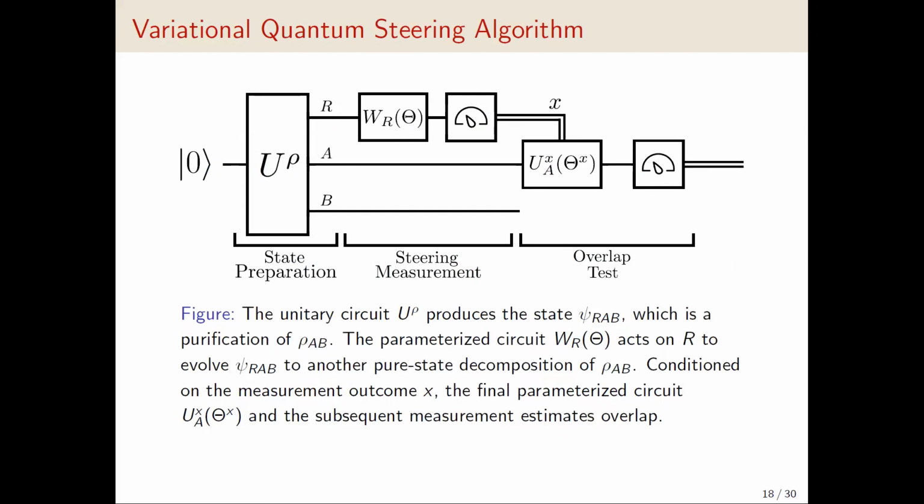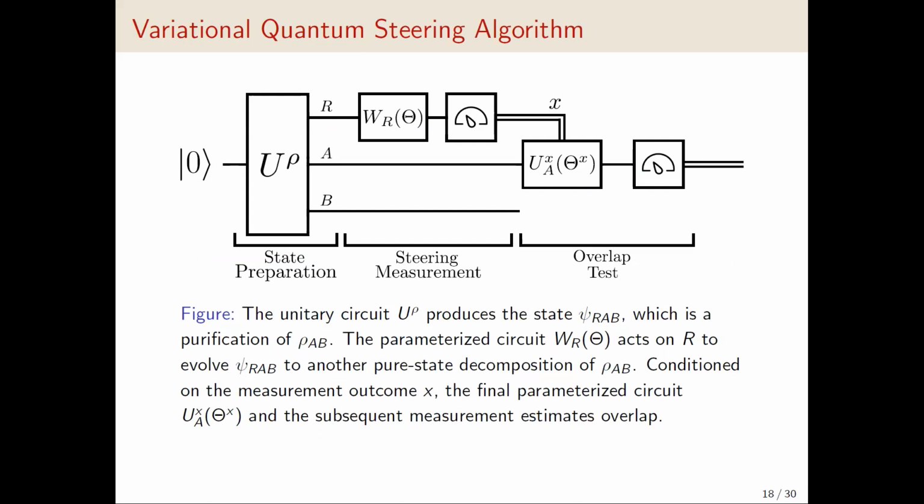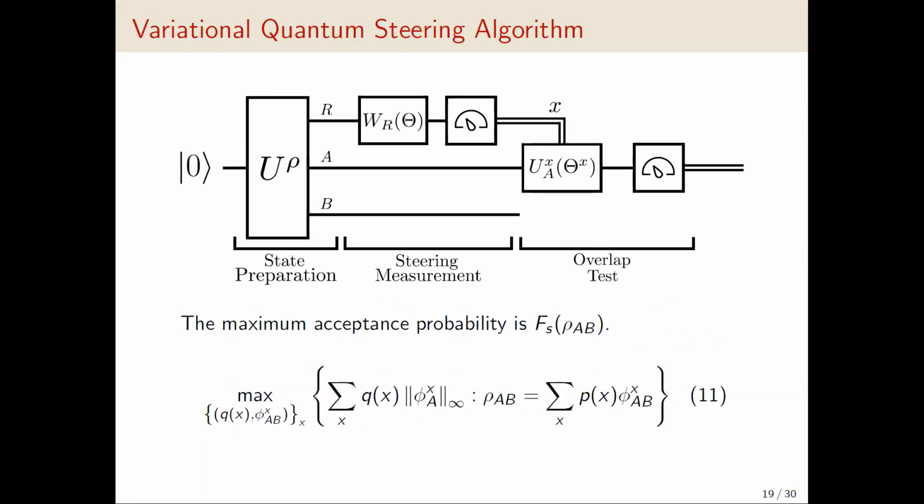we apply a unitary U of x on A, and then we measure that, and we accept only if we get the all zeros outcome, which is what we began with. So we've essentially done an overlap test, and so the maximum acceptance probability here is then a maximization over theta